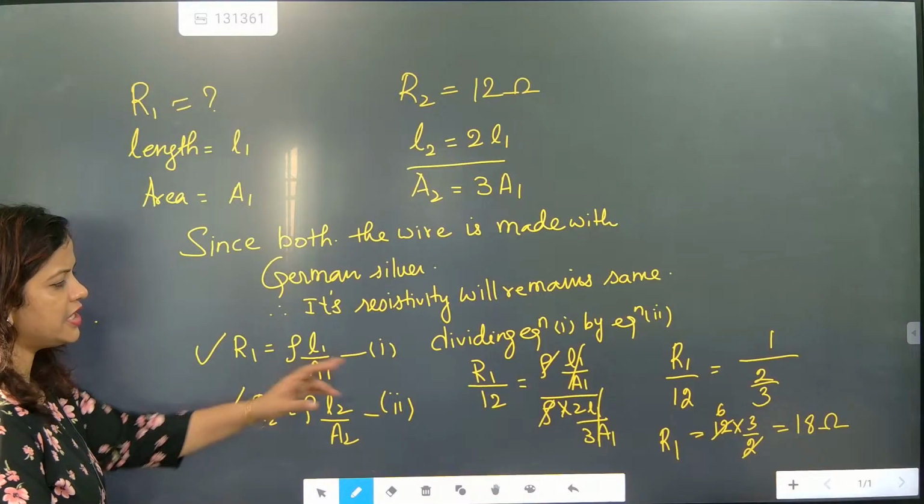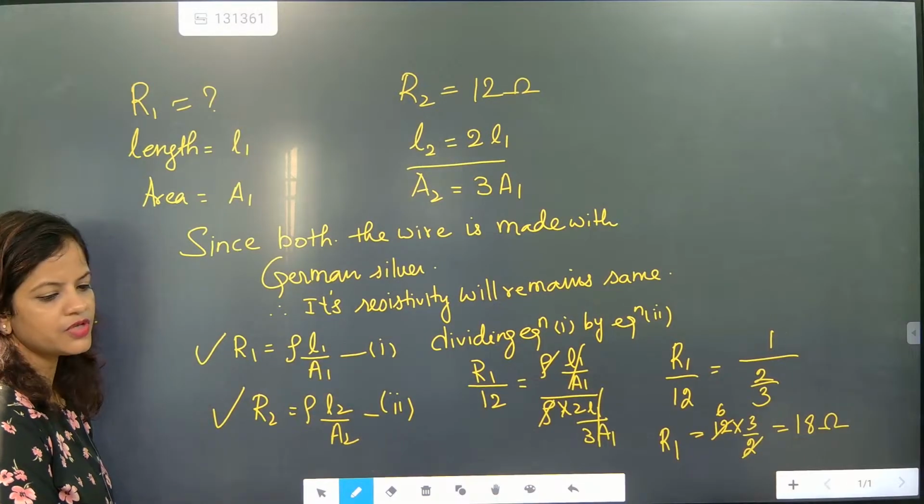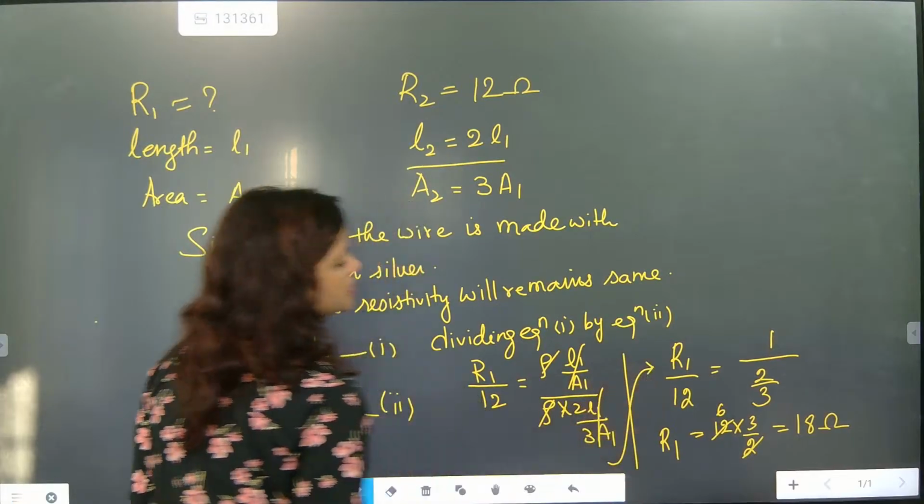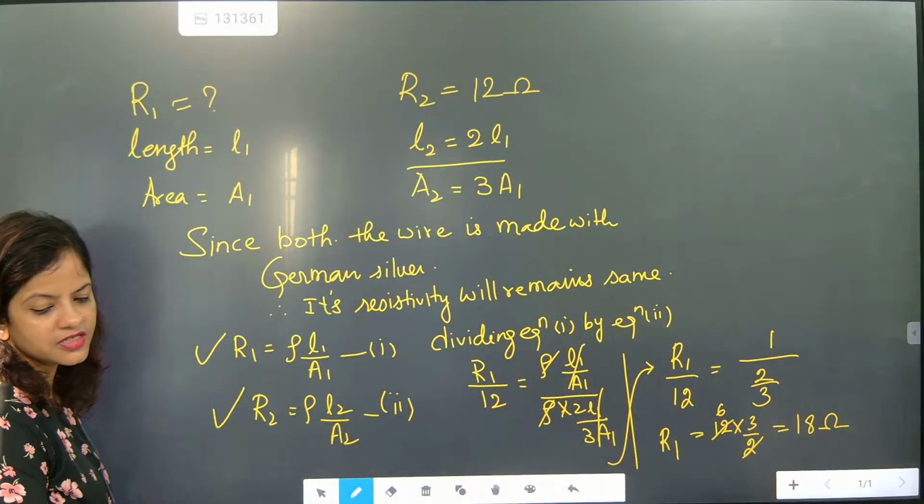Note down. Dividing equation 1 by equation 2. So I have solved it. After that, I have written here, beta. After that, I have written here, and this is the final part. So first resistance is coming as,